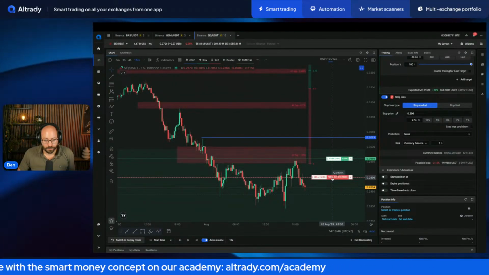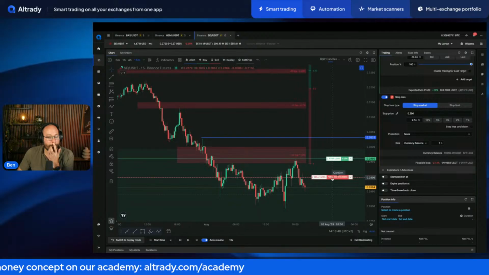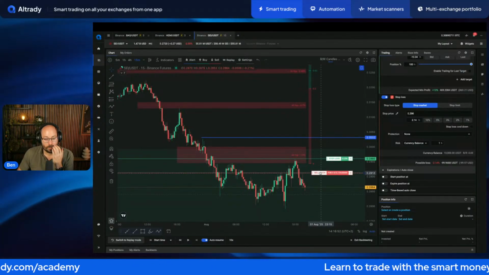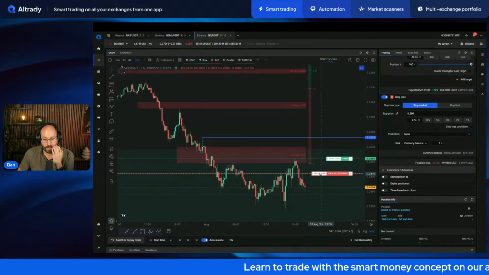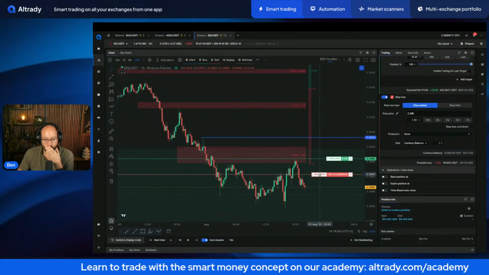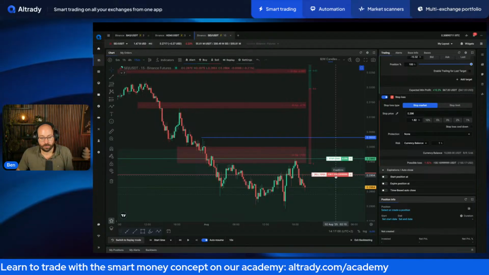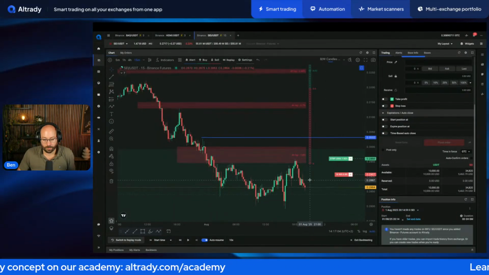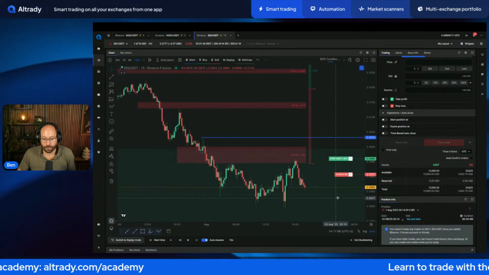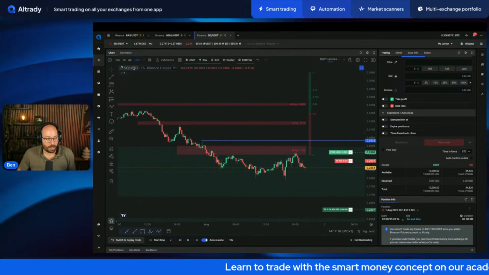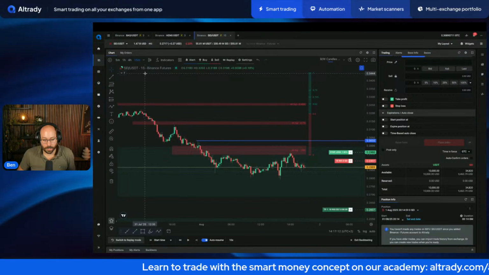Another option could be using Fibonacci retracement from top to bottom, and then finding the middle point. But it doesn't work all of the time. I mean, this fair value gap looks good. I've just set it to that one now. Let's see if it works. And then we also get the